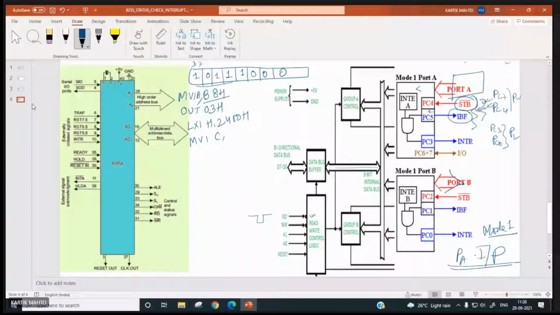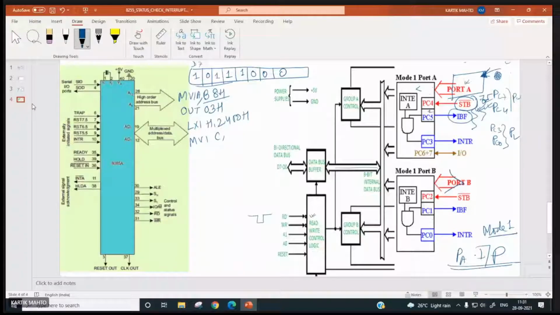Right, 15 kids are counting their piggy bank money they have deposited and they are entering their values over here. Whenever an entry is there, at that time STB bar is made low. So 15 kids are there, so what will be the count value?